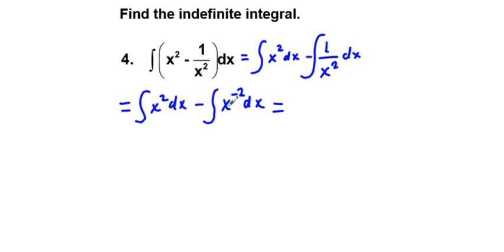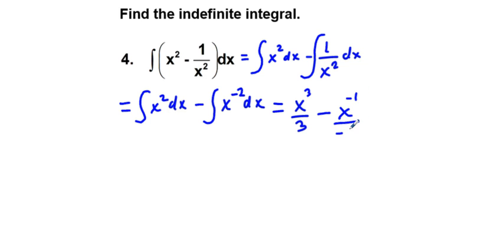And this is going to be equal to x squared is going to be x to the 3rd power, and we divide by what we bumped up to. And we're going to have minus x to the negative 2 plus 1, which is going to be x to the negative 1 power,